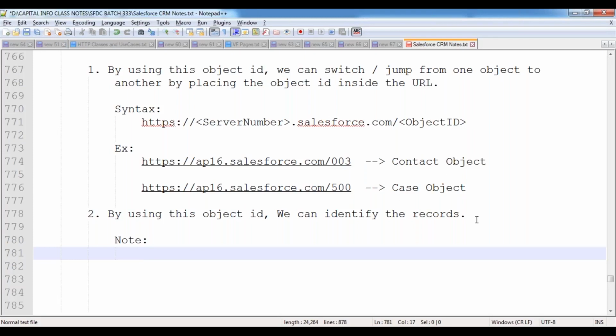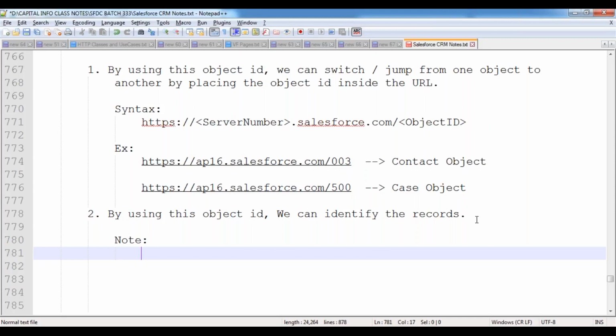For example, assume that I have an organization with so many employees. How do you recognize each and every employee inside your company? Based on the name?